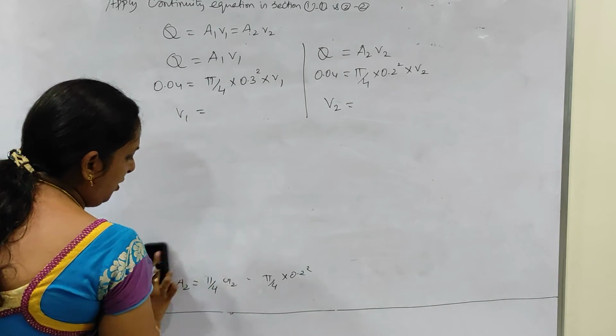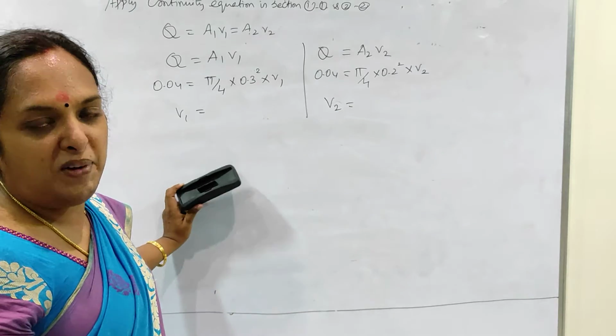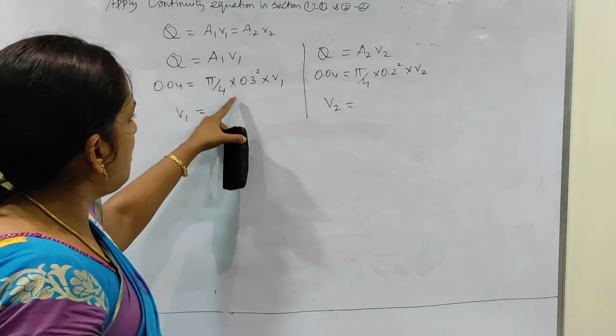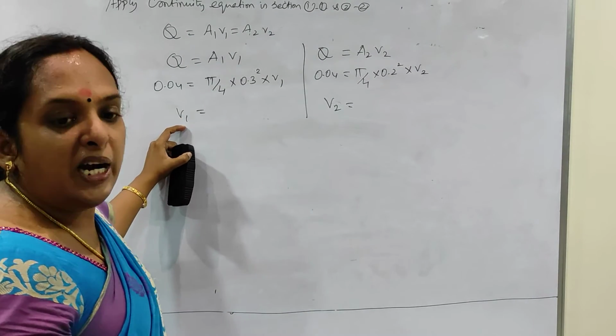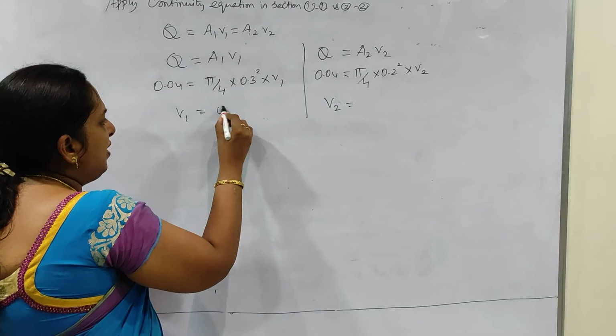So once my V2 and V1 are found out, then it's very easy for me to find out the difference in datum head by using Bernoulli's equation. So it is just mere substitution of these values in the continuity equation, and we are going to find out the value of V1. So what is the value of V1? We have got this,